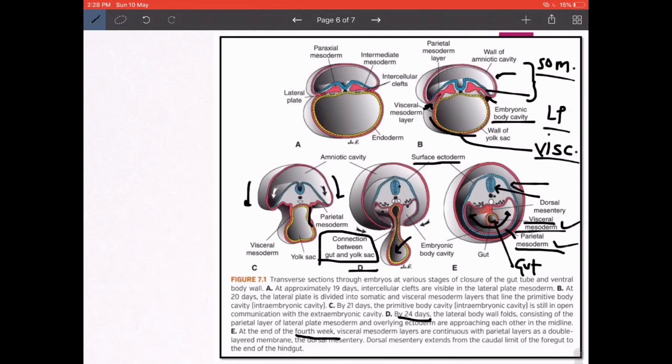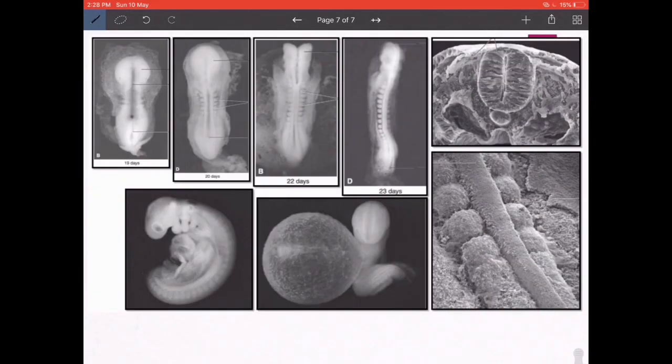So that is a brief review on the folding in the lateral aspect, where it comes to meet each other in the midline. Now there is a plethora of clinical syndromes that occur due to abnormal folding, omphalocele, etc. I really do not want to discuss that in general embryology. We have to discuss these things as we discuss the systemic embryology. So let's go ahead and have a quick revision of part 1